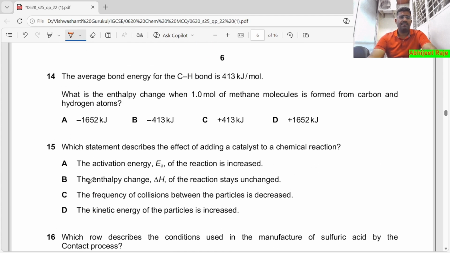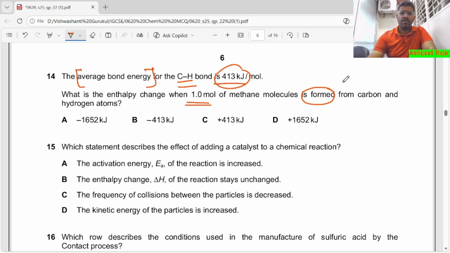Yeah, this is a very simple question. Most of the students are confused. Now, the average bond energy of CH4 they have given, okay, 413. Okay, what is the enthalpy change when one molecule forms? Bond formations are exothermic reactions, and the signs are, since we have to form 1 mole of methane, CH4,